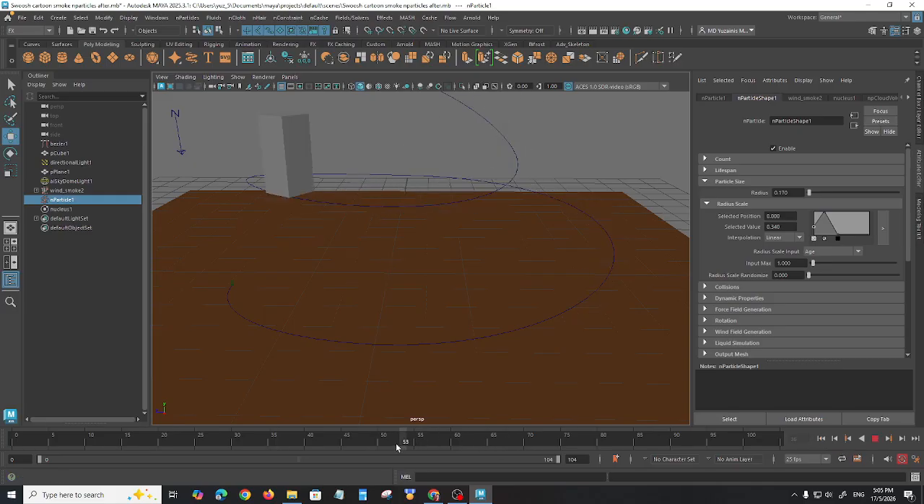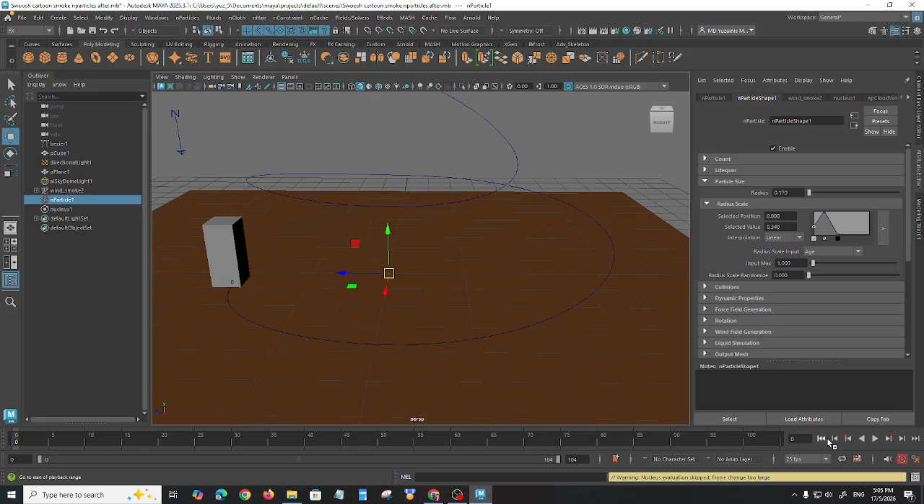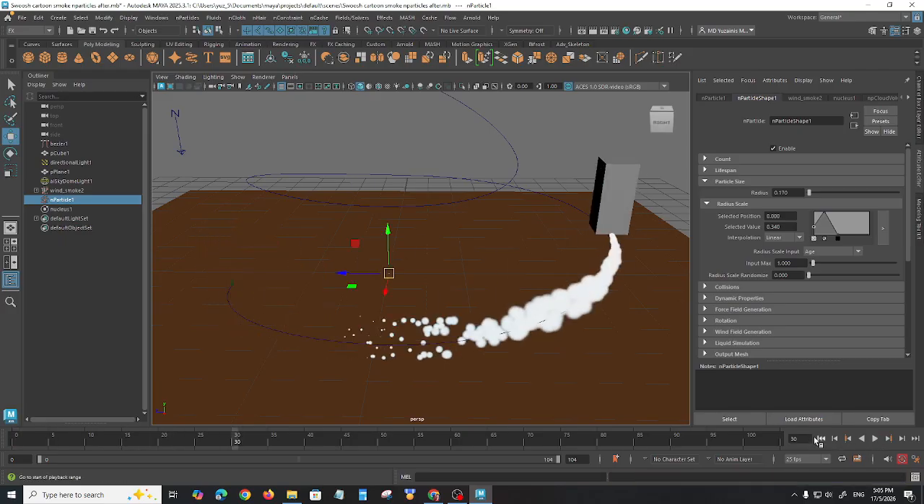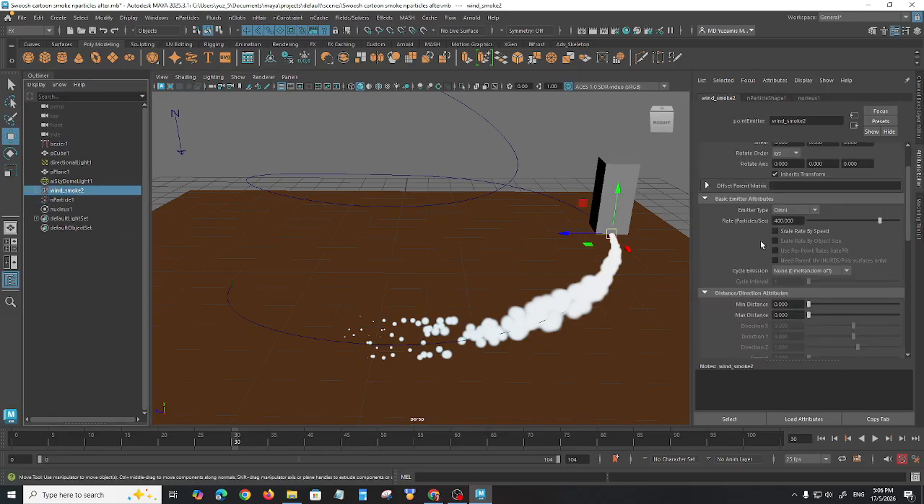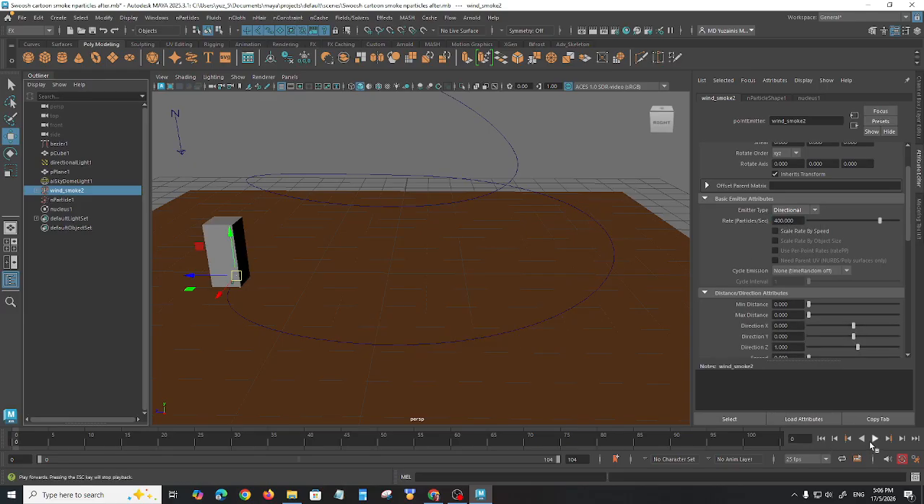But let's say I'm going to do another one. I'm going to adjust this. So let's say I don't want this kind of version. I want something else. I'm going to do a little bit of adjustment in the emitter itself, right? The emitter. So right now it's set to omni, so I want to set it to a direction. Okay, so if I hit play now,